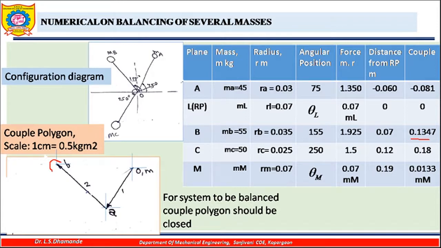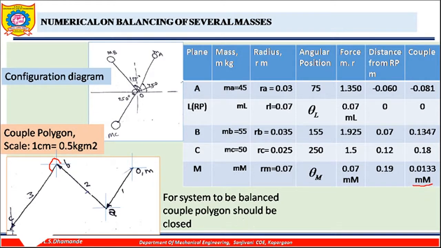So this will be third. This third component is drawn with this angle of 250 degrees. Okay, and now whatever line I am going to draw, that is giving me the closed polygon, and that will be nothing but the position of this particular couple at M.